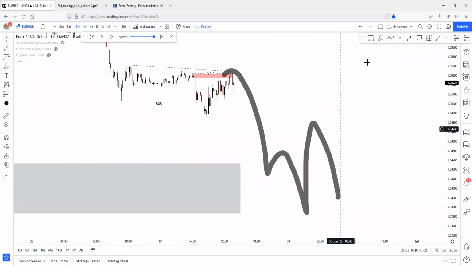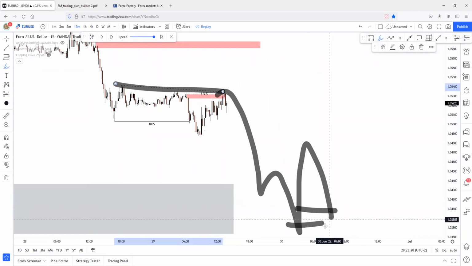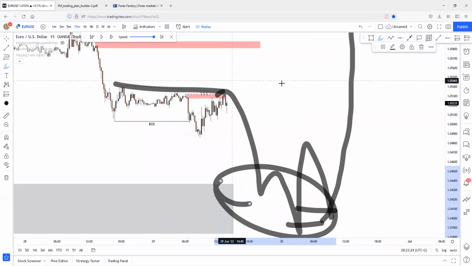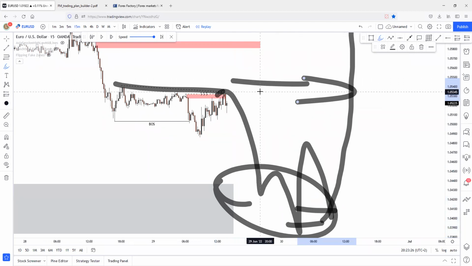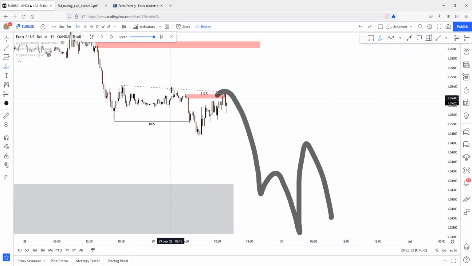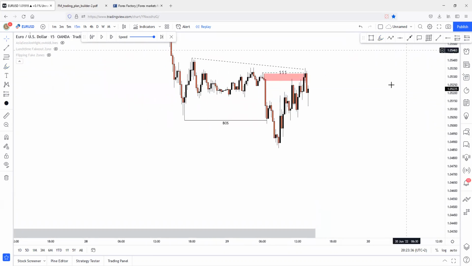This liquidity will be the liquidity to target, for example, after demand mitigation. So if this 4-hour zone is being mitigated, more likely after a reversal, this liquidity will be swept after the demand mitigation, and this will be the liquidity to target for us, because we have this same concept of liquidity to take and liquidity to target. Not every liquidity will be swept immediately. Every liquidity has a reason.